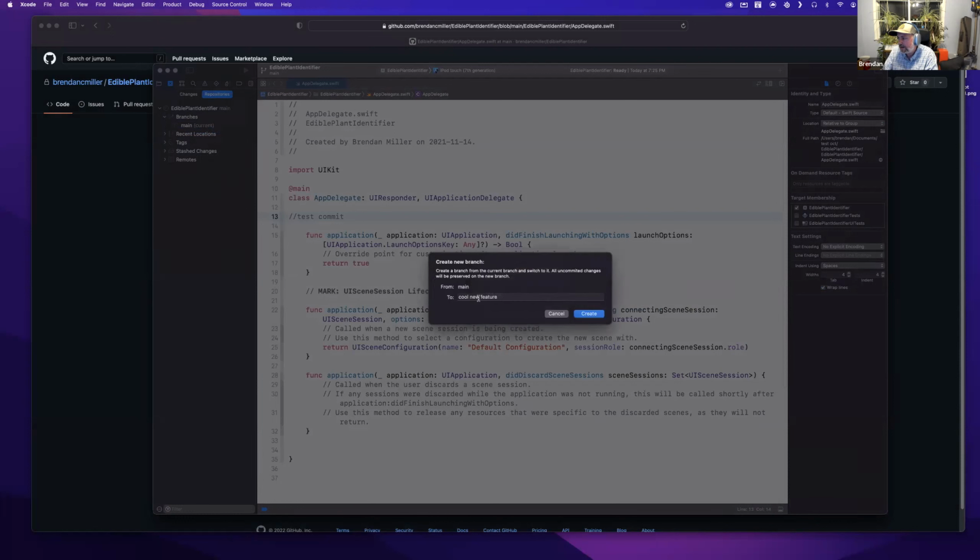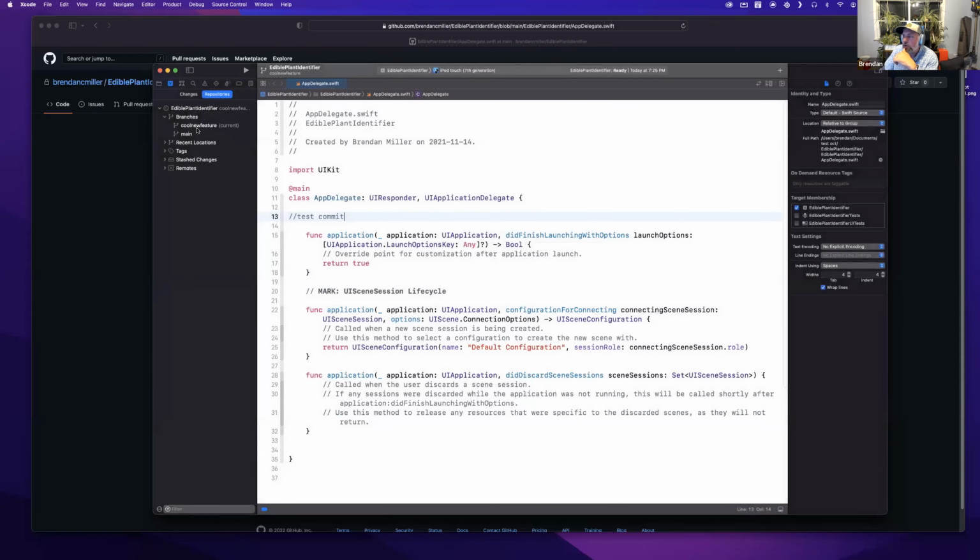Oh, sorry. I keep forgetting that you're not allowed spaces. There you go. I think I use that name for a branch every time, and I forget that there's no spaces allowed. But so then you click create, and we've got our cool new feature. And what you see is that Xcode has already made that your current branch.